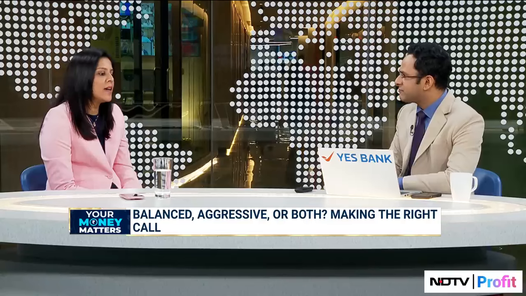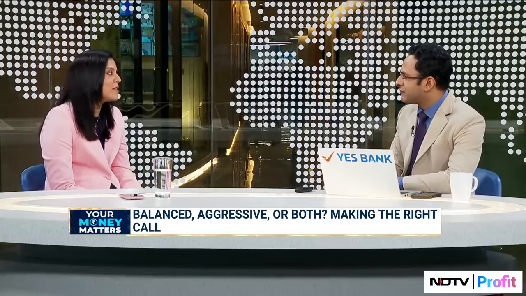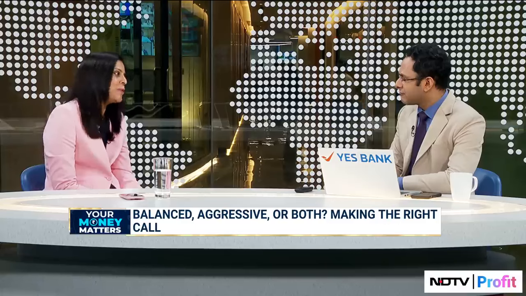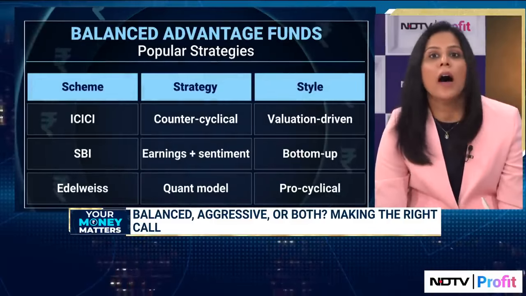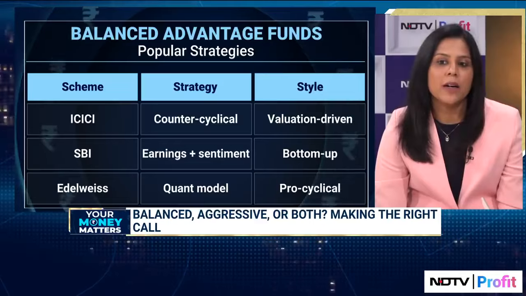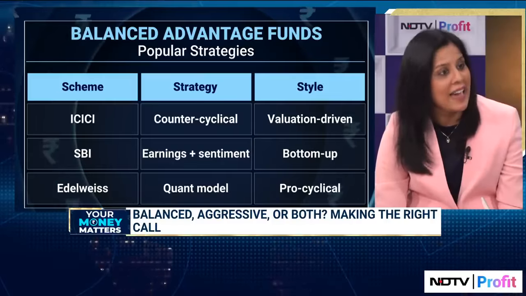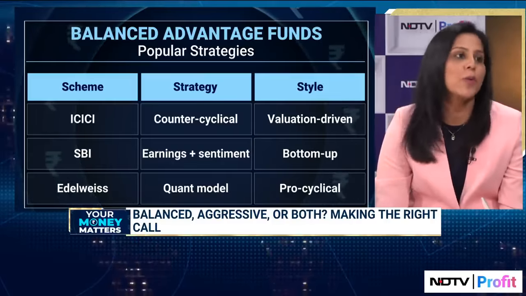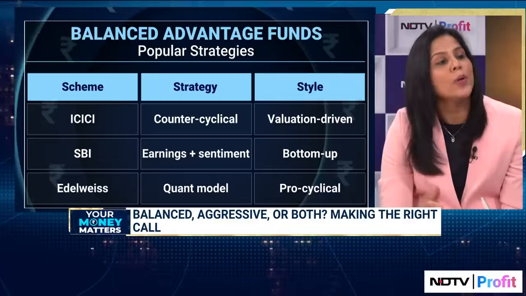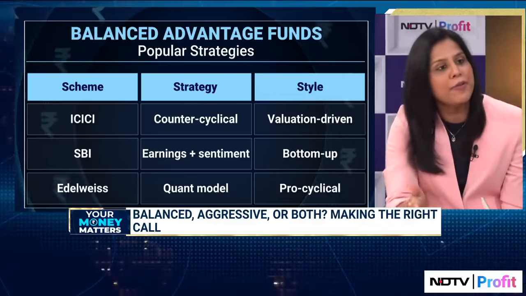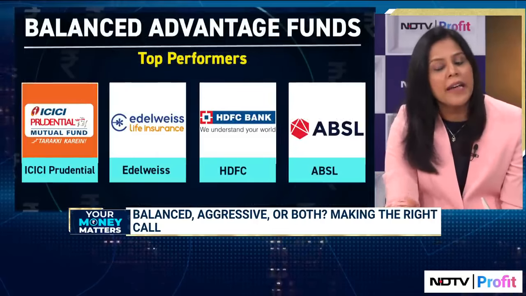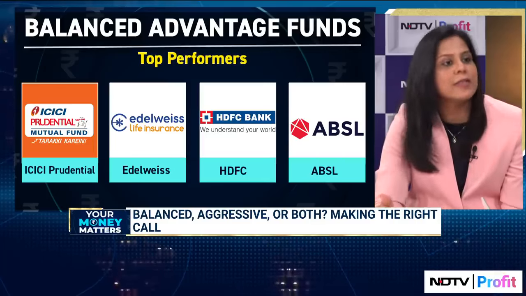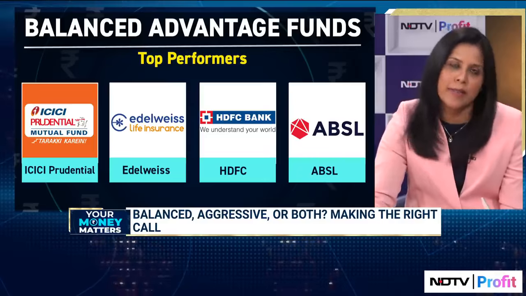Sure. So I think in this space, the first fund that comes into my mind is definitely the ICICI Prudential Balanced Advantage Fund. I think they're the pioneers as far as this category is concerned, having the largest AUM as well. I think the biggest advantage ICICI has as a fund house has been their macro calls, and they run this in a counter-cyclical manner, wherein they take care of valuations in terms of price to equity, price to book, etc.